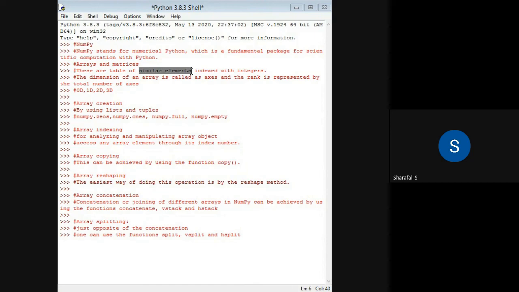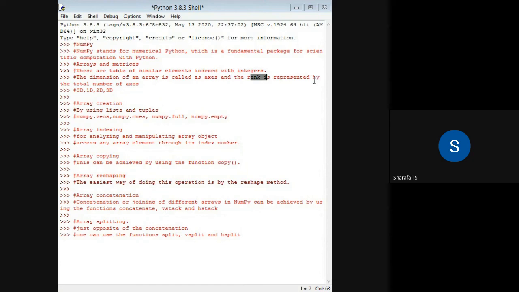The data type should be the same. We'll have different dimensions of arrays, and the dimension of an array is called an axis, and the number of such axes is represented as the rank of that particular array.